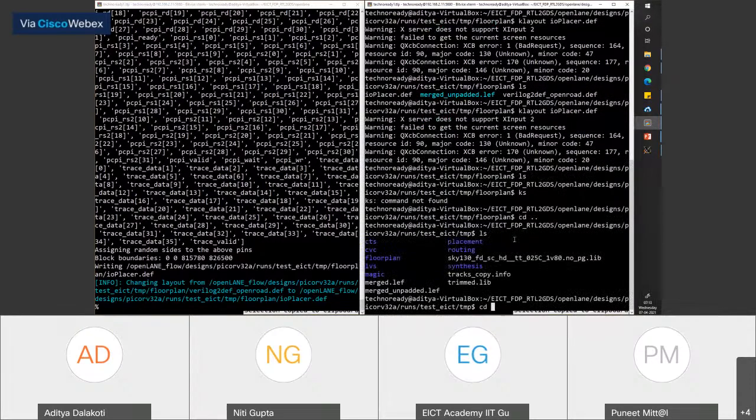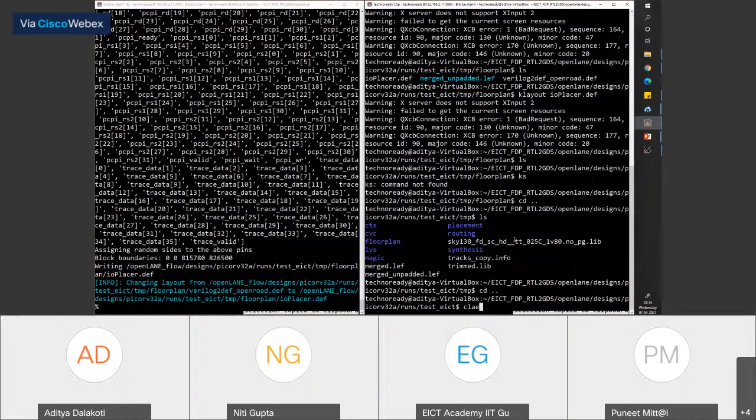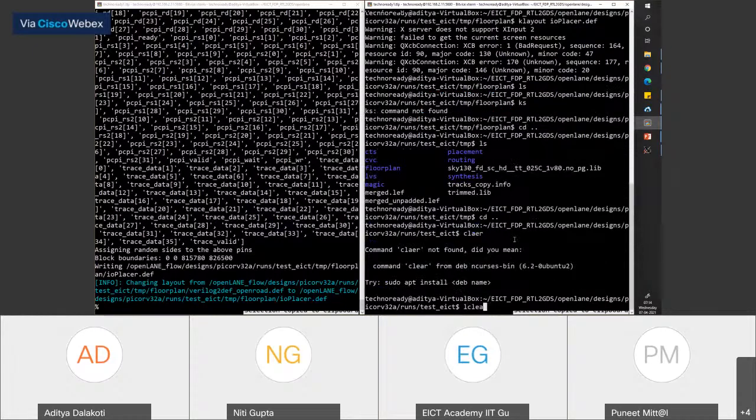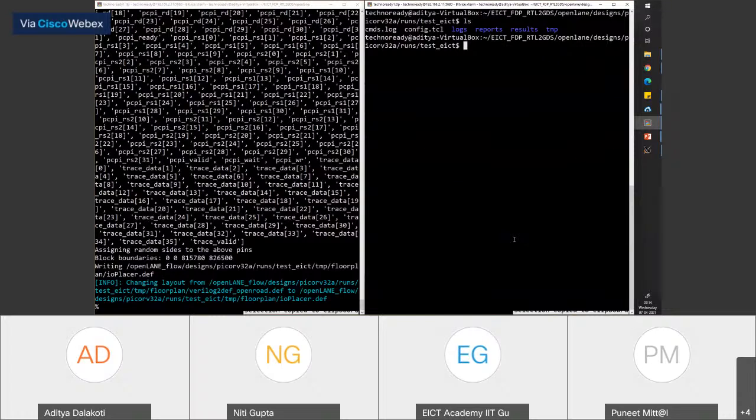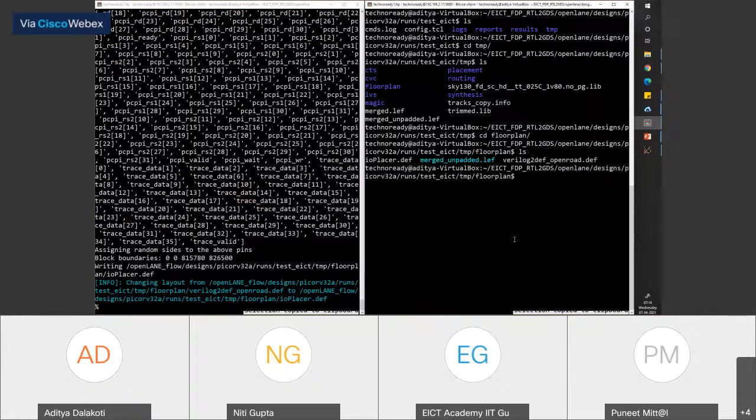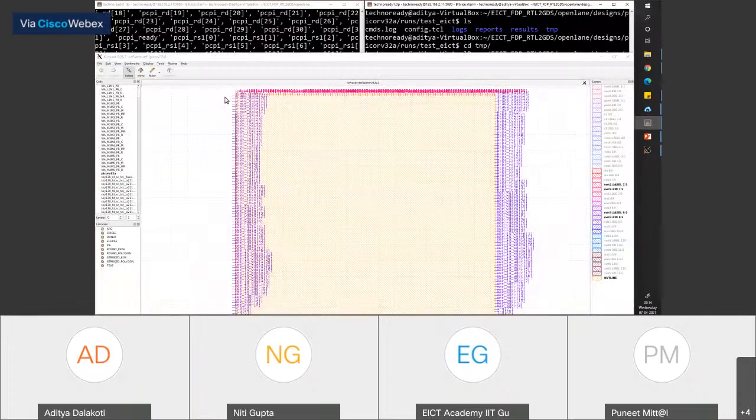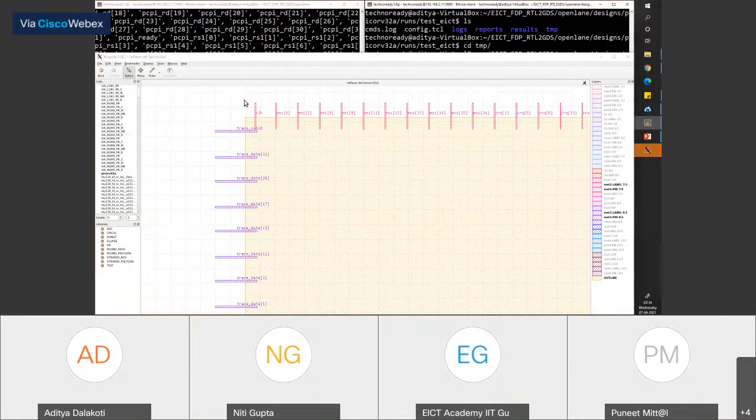In my temp directory, I have a floor plan directory. I have ioplacer.def. Let's see what my vertical and horizontal extension commands did. So let's see, klayout ioplacer.def. Does anyone observe a change from the previous layout?